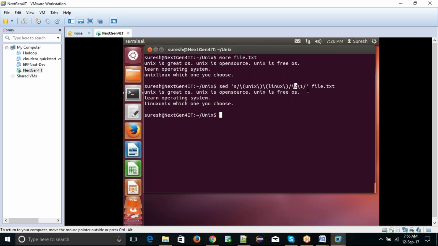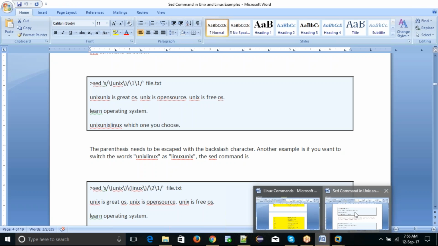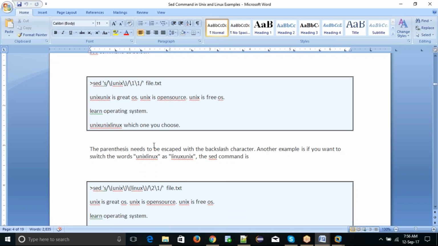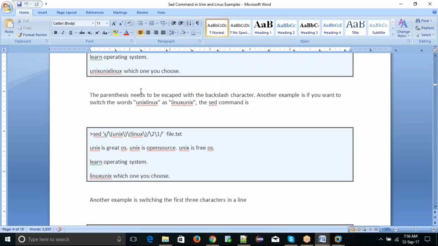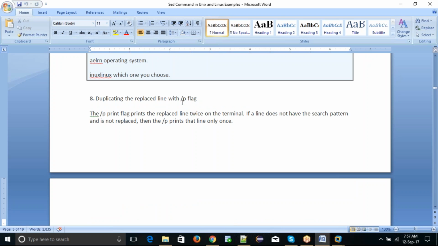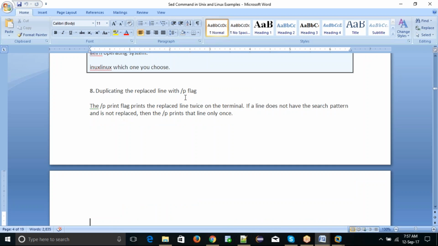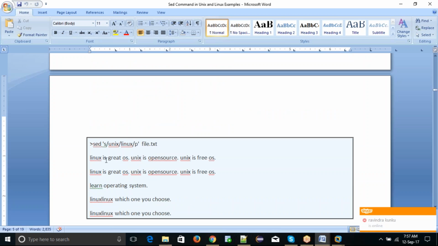Okay. So see here, we gave an example also. Parentheses need to be escaped with the backslash character. Another example, if you want to switch the words Unix Linux to Linux Unix, it will go like this. So -p means it prints as a duplicate. What is the meaning of this one? So Unix replacing